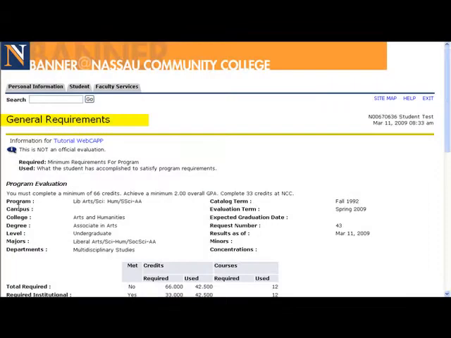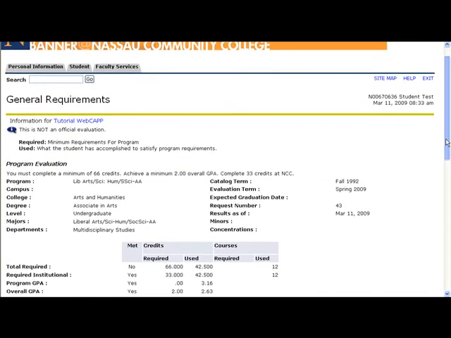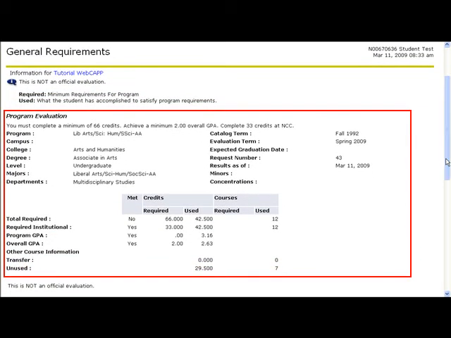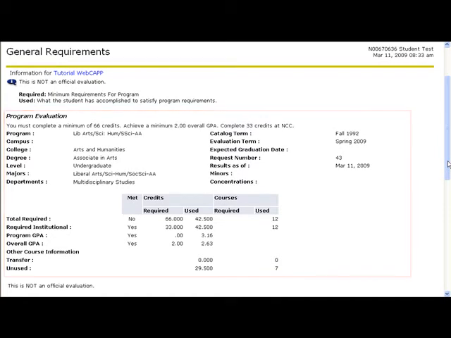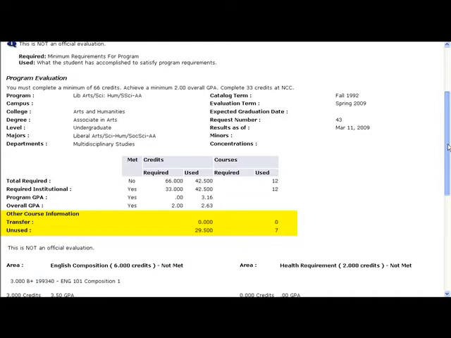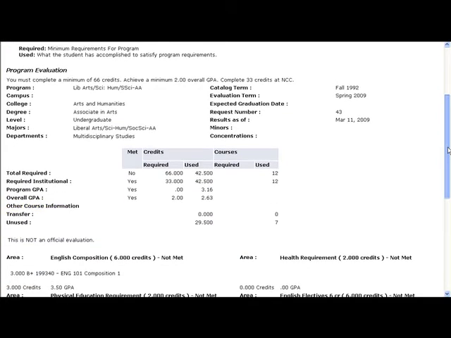At the top of the General Requirements page, you will see the student's program evaluation. This is Nassau Community College's minimum requirements to graduate and the summary of the courses completed for the program. You see the general program requirements and whether they have been met for NCC and what has already been satisfied for the program. You will see if the total required institutional, program GPA, which is not used by NCC, overall GPA, other course information, and transfer credits have been met, how many are required, and how many have been used